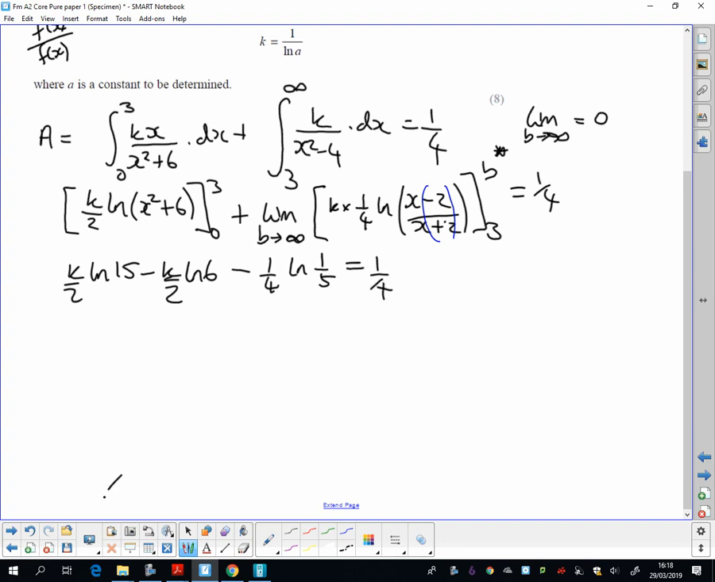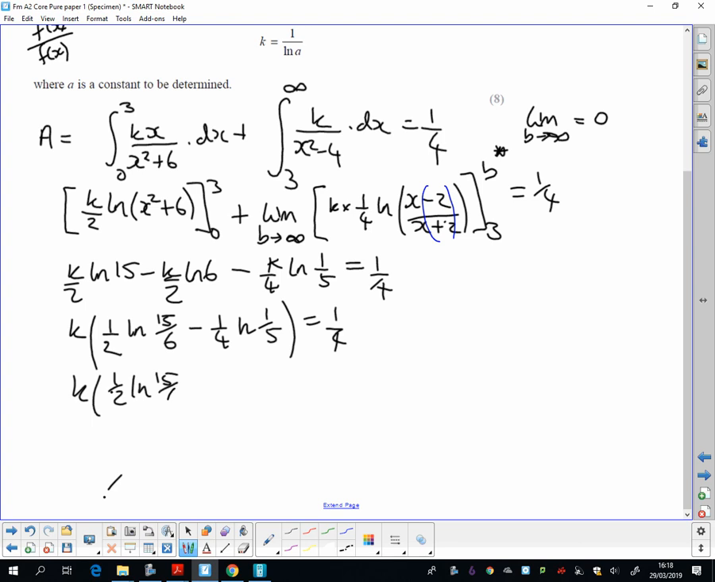And all we've got to do now is manipulate the logs. Oh, and there's a k there, multiplied by k, to get k. So this is going to be k, we've got then a half, we've got ln 15 minus ln 6, minus a quarter ln a fifth, equals a quarter. Now, what's going to be handy here is, you see I've got ln a fifth, so that could be written as ln 5 to the negative 1, and then I can bring that negative 1 in front, so that can be a quarter ln 5. And now I can just combine these, so if I take out a quarter in front as well, I can get 2 ln 15 over 6